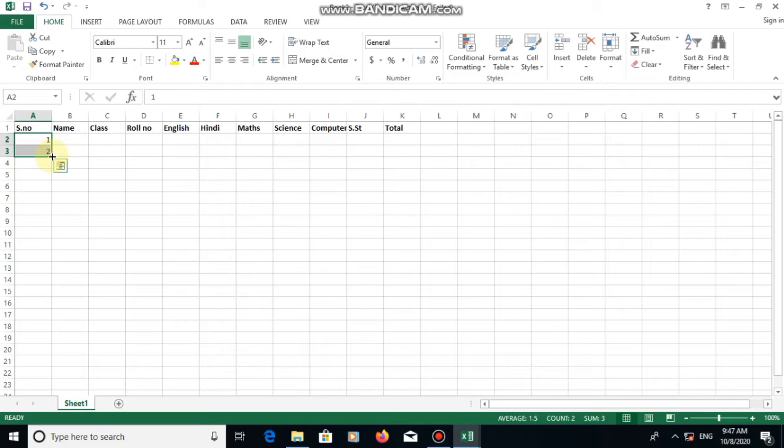As you can see a small plus sign, we will click on it and drag it. As you can see, the autofill option is working and we don't need to type each and every number. We just simply use the autofill option to fill our serial numbers.